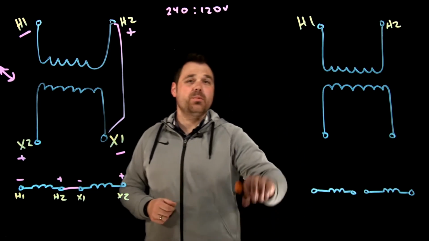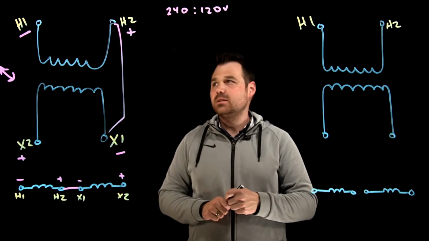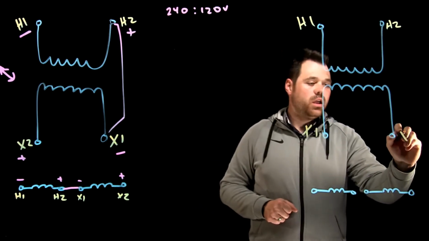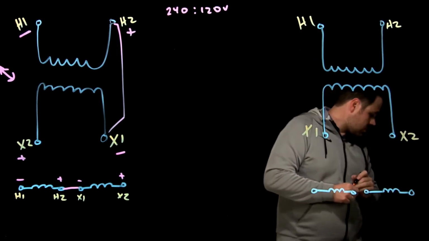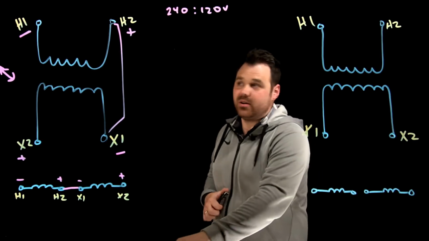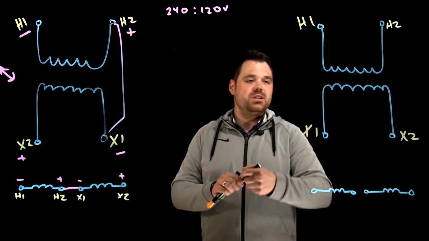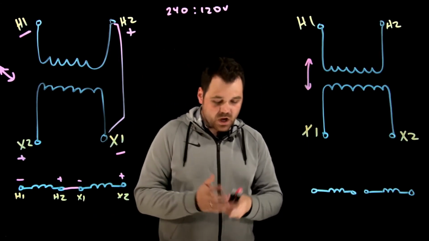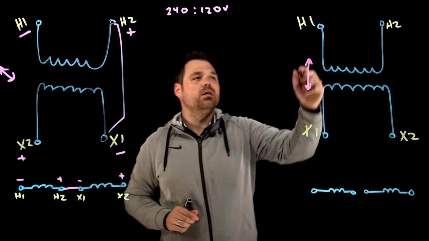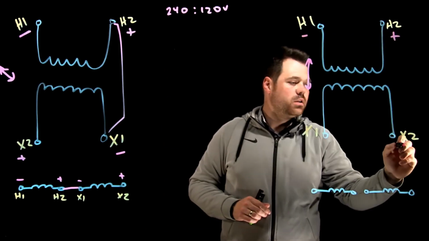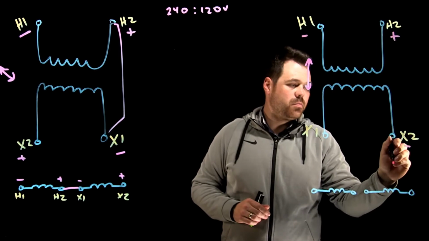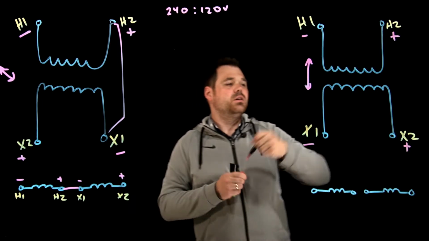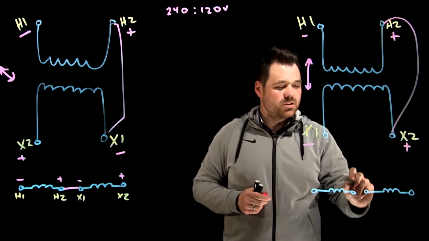It's the opposite over here with subtractive. So with subtractive, we would see X1 here and X2 here. This would be a subtractive polarity. So with subtractive polarity, we can see they are directly in line with each other. So why does this work? Well, again, H1 is positive, negative. If we were to do the same thing over here, connect H2 to X2, right?